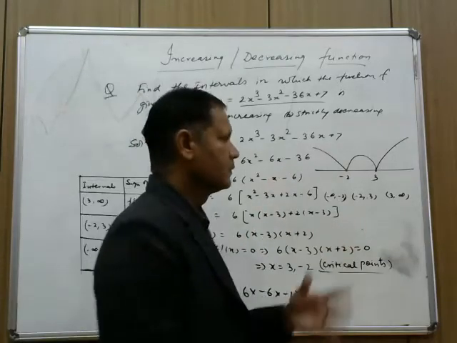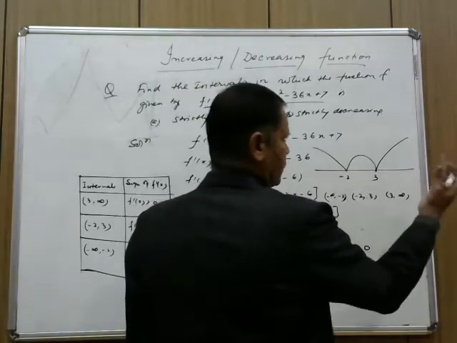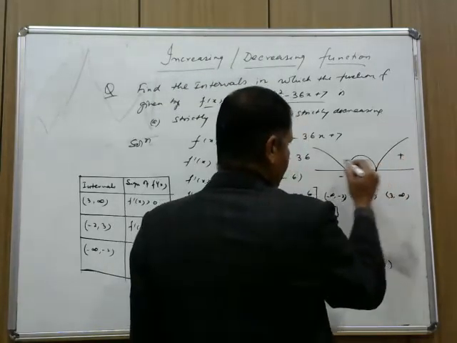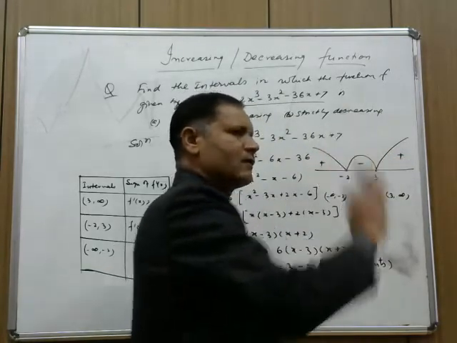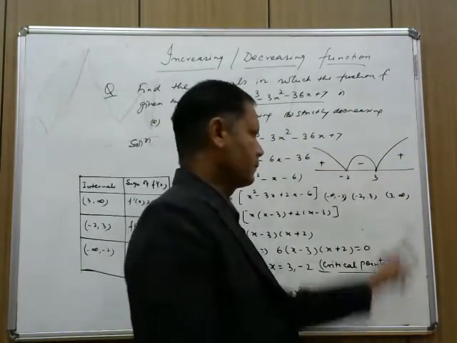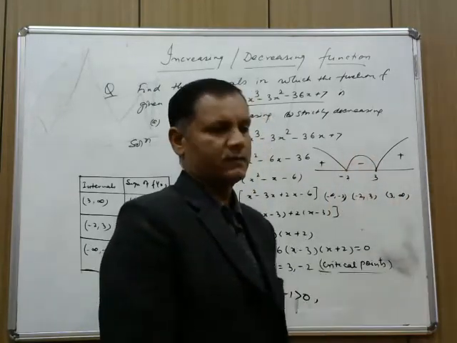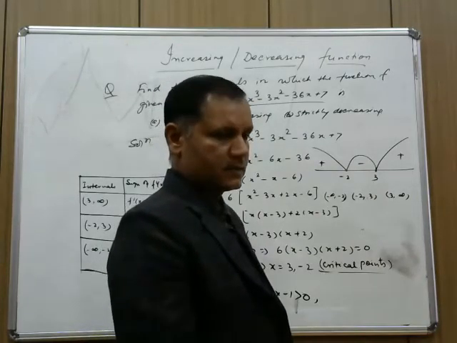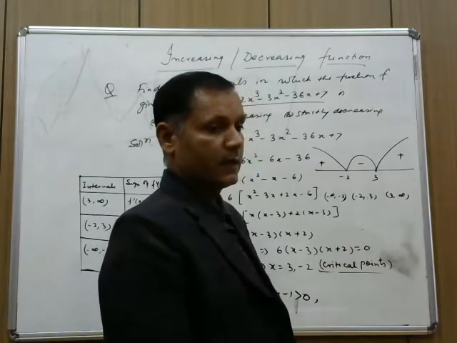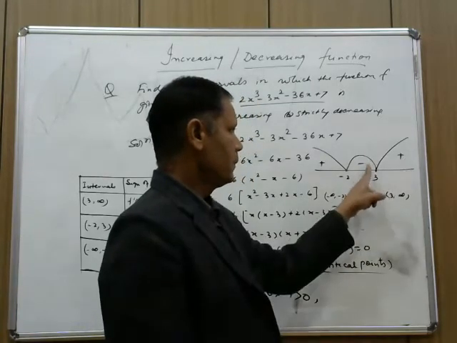After that, just close your eyes simply. You start with this. This is a simple rule, called plus minus plus. However many intervals there are, you keep on writing plus minus plus. But this rule keeps on changing with some conditions, which I will discuss as per the question when I get it. But right now, plus minus plus.